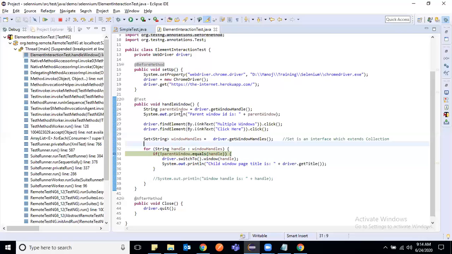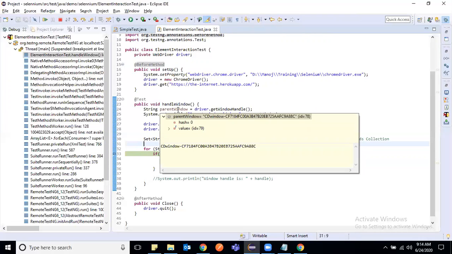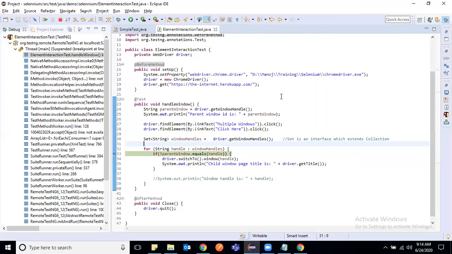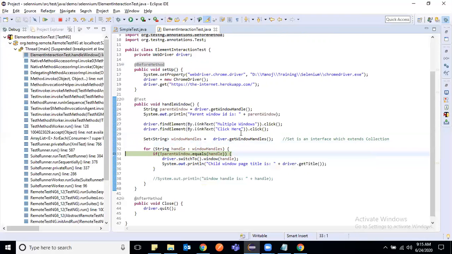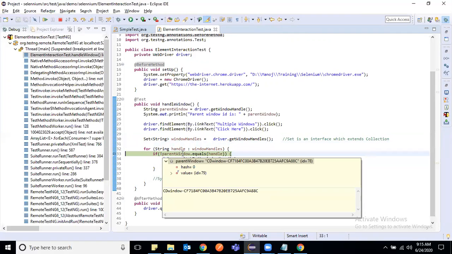Let's see the parent window ID, and it is this, both are the same. Let me press step over, and it did not go inside the if condition. Again, next time it will iterate, and the new window ID is the child window ID, right? And this is our parent window ID.